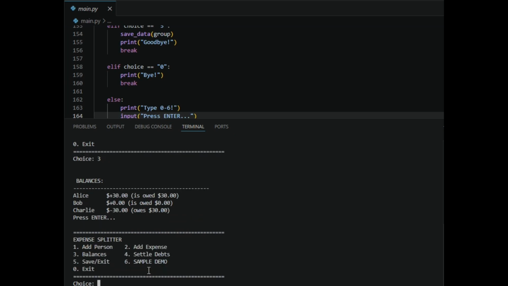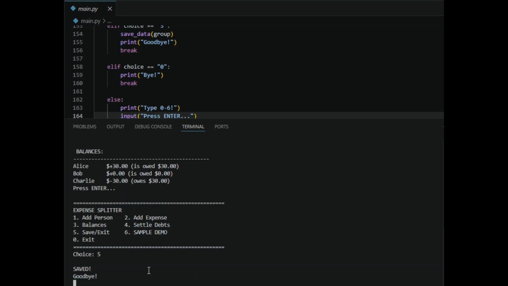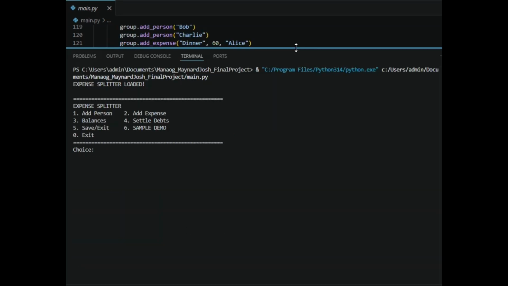This feature allows users to add members into the expense group. Each member is stored as an object with their own name and balance information. In my real life scenario, I would add person, I would put number 1 and I would put myself, Josh.